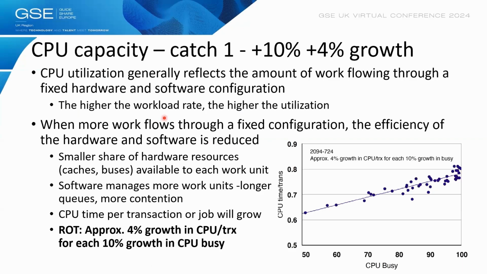I would like to also talk about a catch that we sometimes meet, and a misunderstanding here. I already mentioned the performance penalty as soon as the CPU gets busier. Based on measurements that IBM did, and also other vendors, it actually applies to other machine architectures as well: with every 10% increase of workload, there is an additional 4% increase for existing workload. So this means that if the machine gets busy and we add some workload to the machine, the workload that is already running on the machine will get slower too, right?